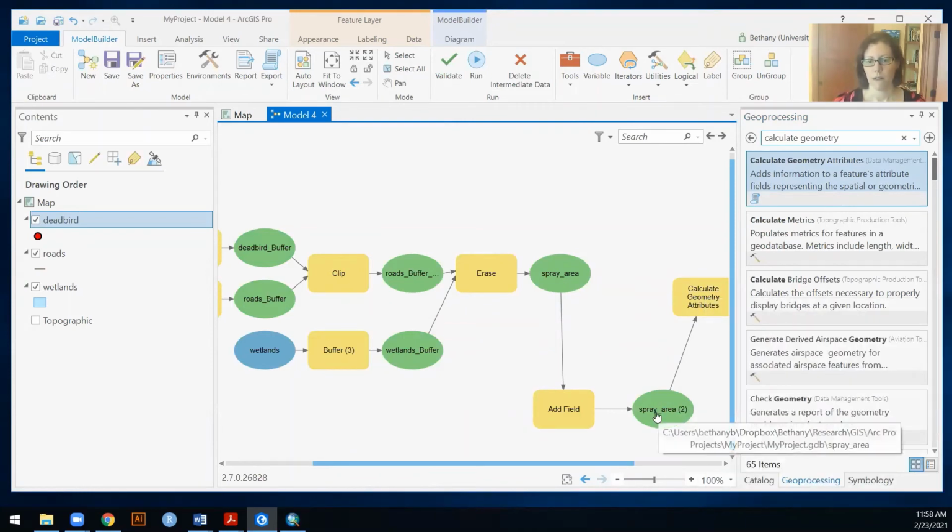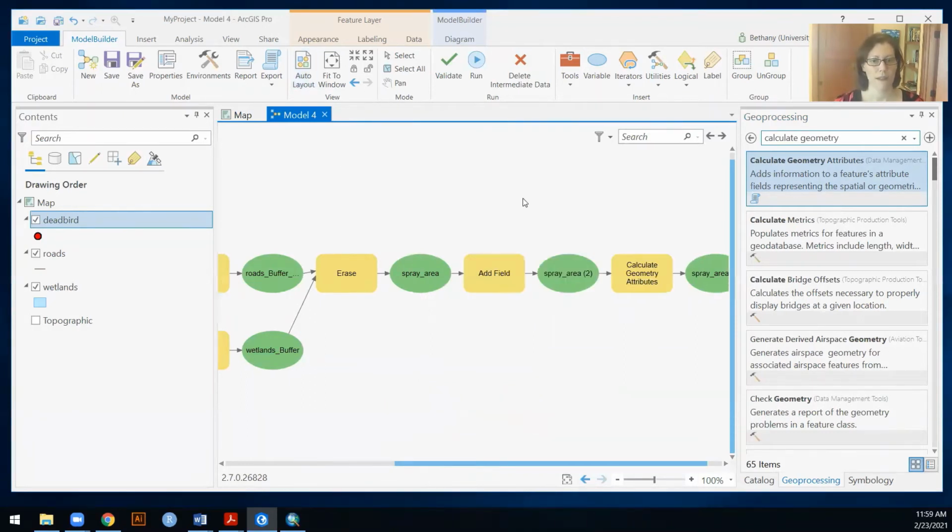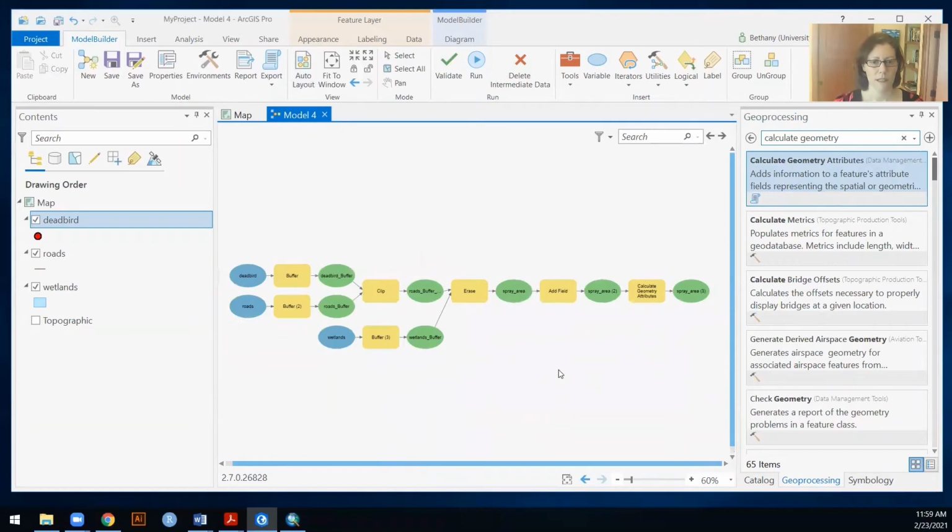So as long as you're working on the previous file that you've created, the model itself should recognize, if you want to calculate geometry, I can do that for spray area parentheses two, because that one has a new field called area in square kilometers that you can add to. Clean this up a little bit and zoom out so we can see it all. Okay, great. So now I should be able to run my model, and we'll just stand here and watch it,